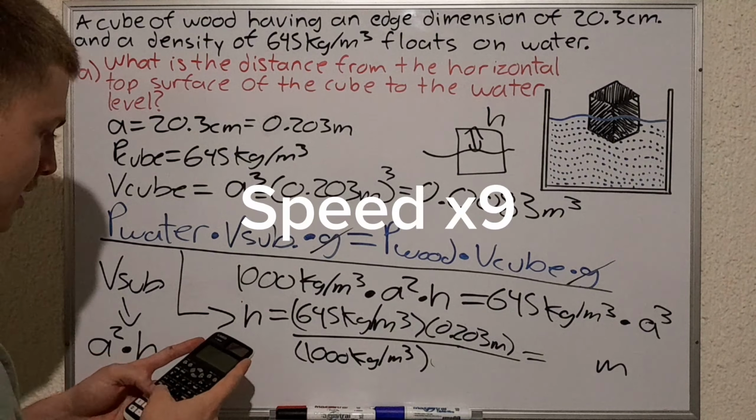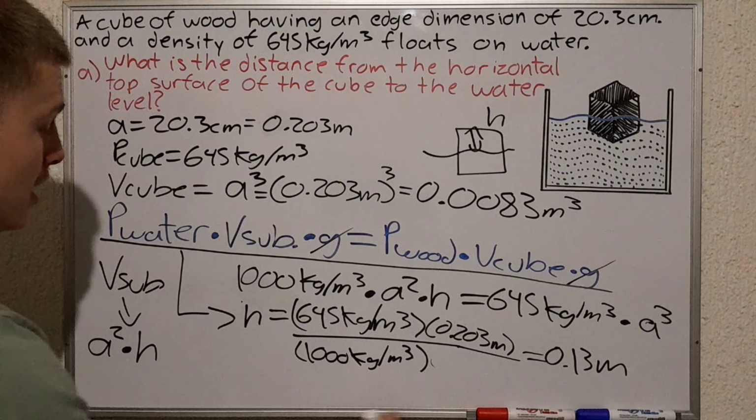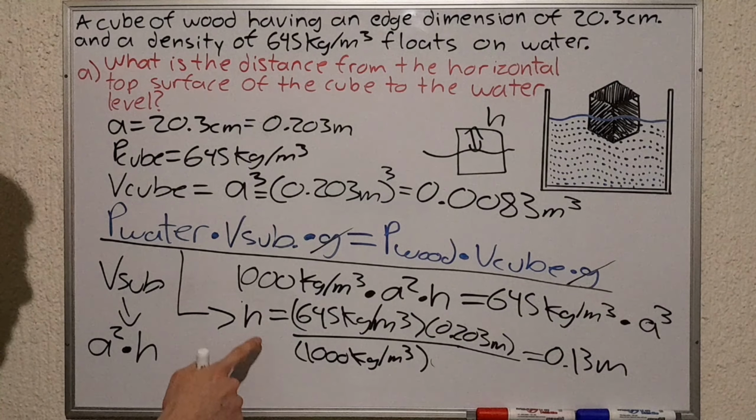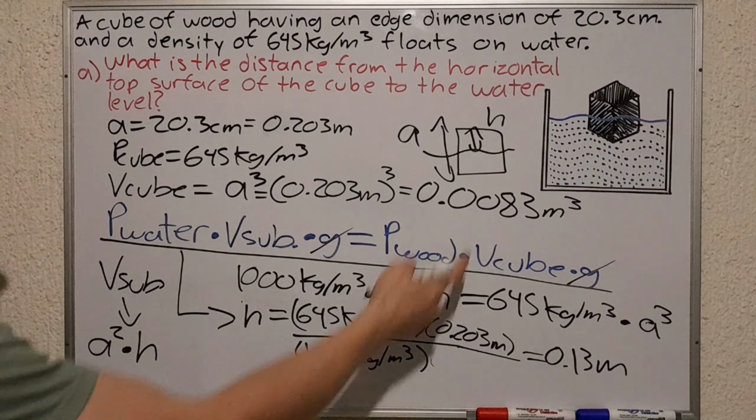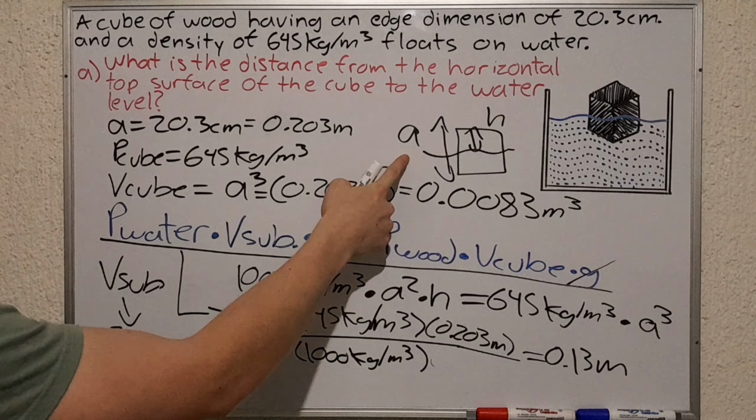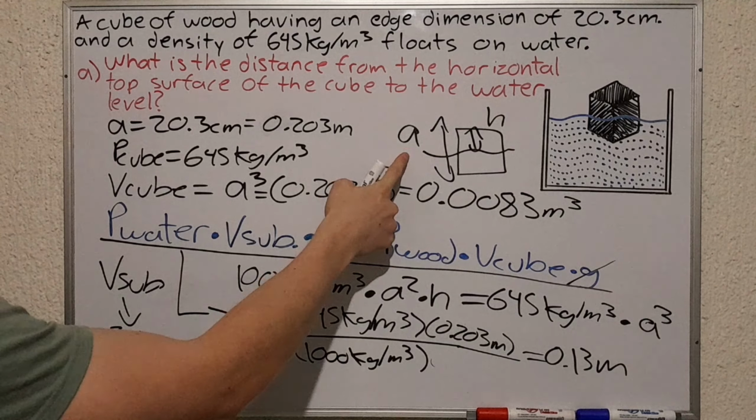What we must do right now is, I'm going to move this right here. We need to subtract H from A, because we just need this distance, right? This big distance right here is A. So we need to subtract H from A to find the distance that we're looking for. So then it's A minus H,